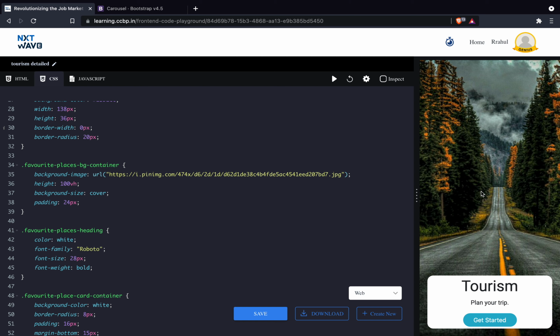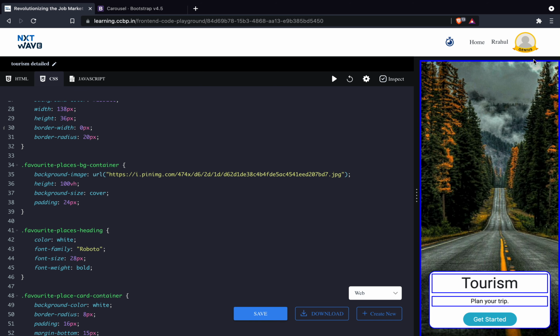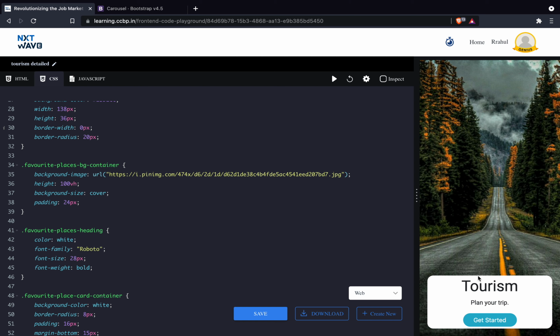Okay, now I came to the home section, and again I'm clicking the inspect button at the top. Now you can see some blue lines in and around the white card, and this is how the paragraphs, heading, the button and this white card are arranged. And now you may also wonder how these borders are curved, like here in the white card. For this we have to add the border radius property in CSS. As I said before, all the styling is done in CSS.